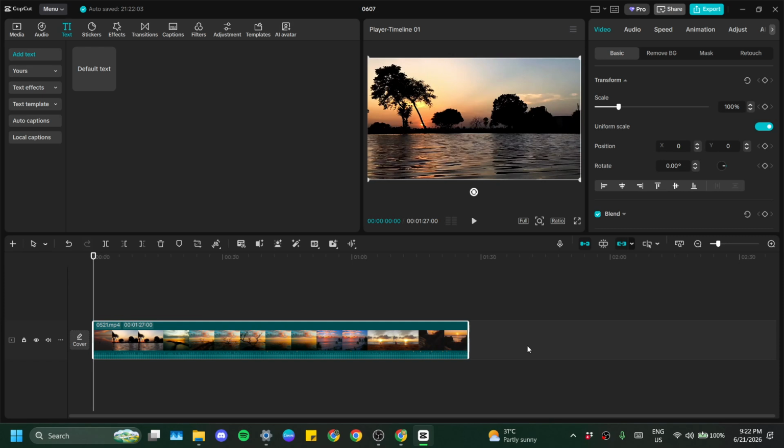Once you've selected the clip, open the basic video properties and adjusted the scale using either the percentage box or the preview handles, you're done. That's the easiest way to adjust video size in CapCut on PC, and it only takes a few